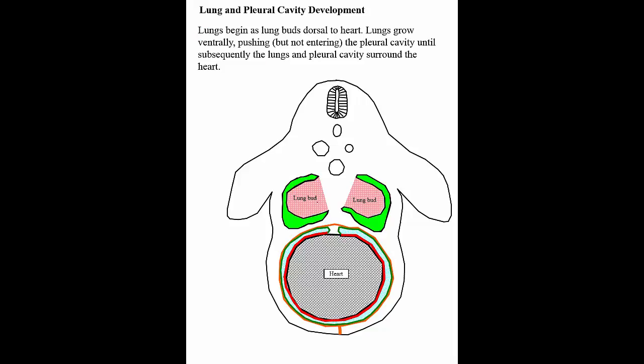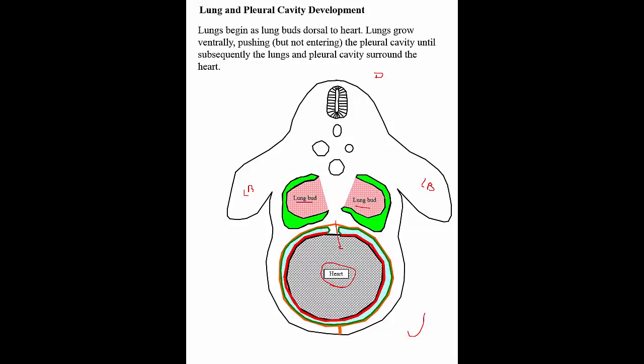So to begin with, let's consider this is a picture of a fetus. So these are the limb buds here. You're kind of looking at a cross section through a typical fetus of any animal. This would be dorsal. This would be ventral, and here's the developing heart, which is ventral to the two developing lung buds. And basically the lung buds initiate their development dorsal to the heart, and classically it's described that these